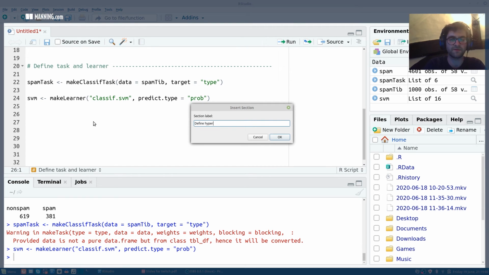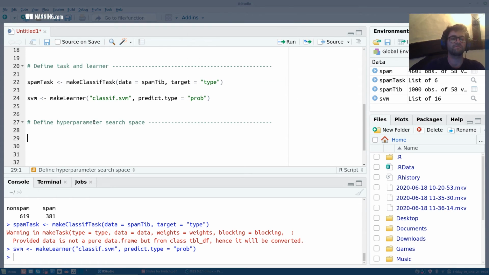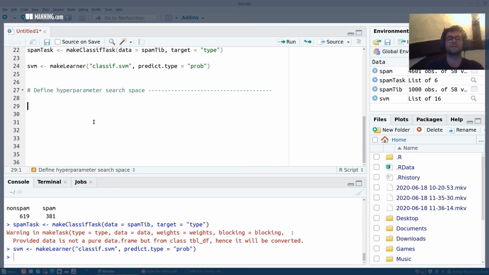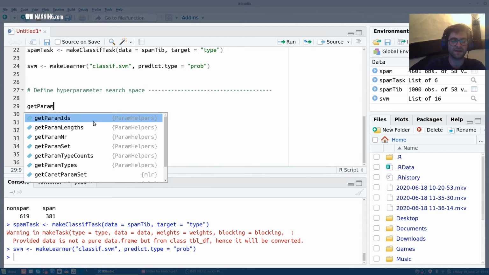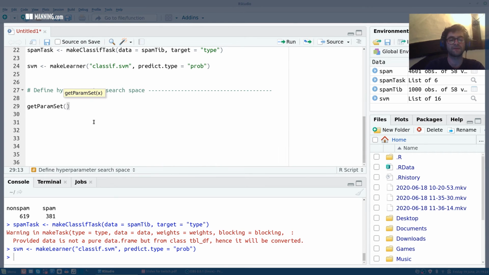Define the hyperparameter search space. Okay. So if you're coming to use an algorithm for the first time, you may not already be aware of what hyperparameters it has and which ones you need to set or tune. And so the function getParamSet from the MLR package will show you all of the available hyperparameters for that particular algorithm. So if I pass this classif.svm,